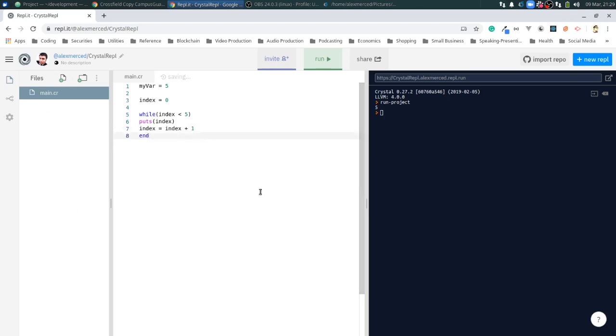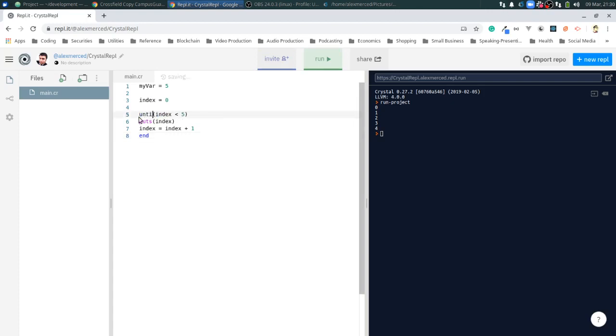So this will again increment index each time by 1, and we'll basically print on the screen 0, 1, 2, 3, 4, 5. Or 0, 1, 2, 3, 4. Assuming I did this right. But looking at it, I'm pretty confident I did it right. Again, it's pretty straightforward syntax, so it's pretty easy to pick up. Okay, nice. But then I could also do